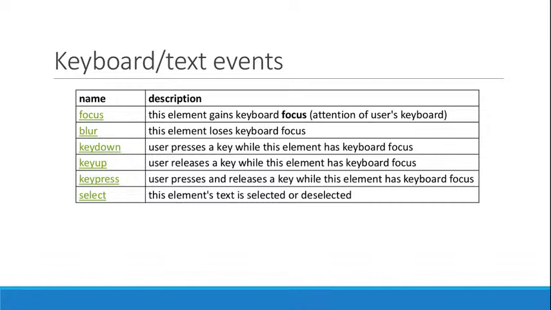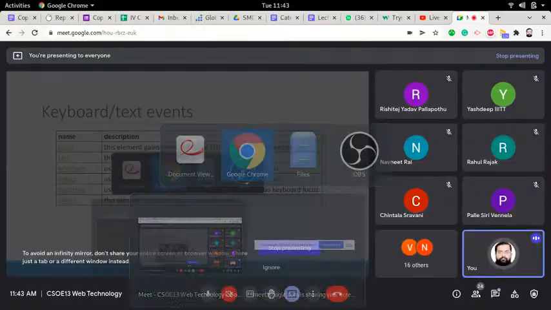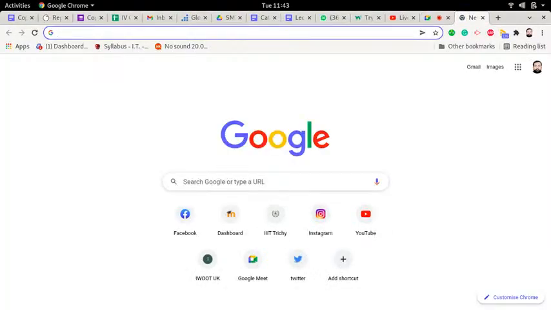So you have focus, blur, key down, key up, key press, and select. So focus is when this element gains the focus of the keyboard. Okay, so you know that probably when I go to, let's say, google.com,